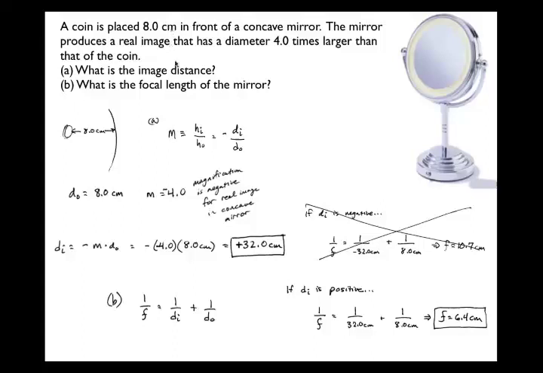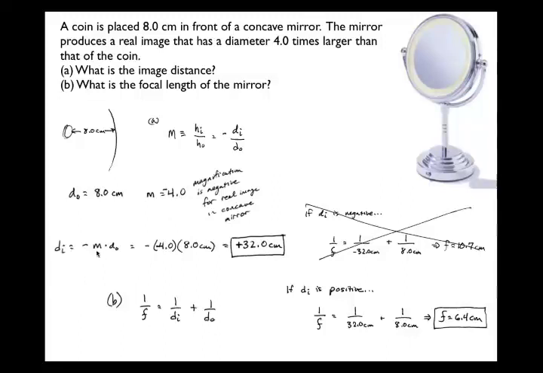Well, if it forms a real image in a concave mirror, you may know that if you make a real image in a concave mirror, it always ends up being flipped upside down. And so that means the image height is going to be negative relative to the object height. Or a real image is formed when the image distance is positive, because the real image is formed in front of the mirror, and a positive image distance over a positive object distance will also yield a negative magnification. Bottom line, the magnification has to be negative, so it's -4 in this particular case,